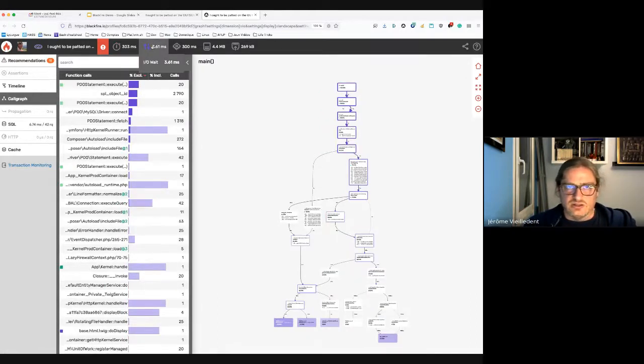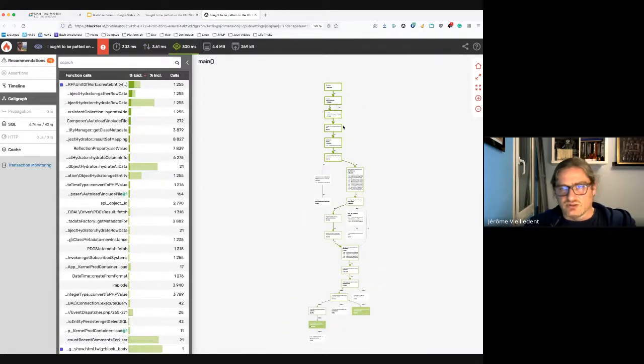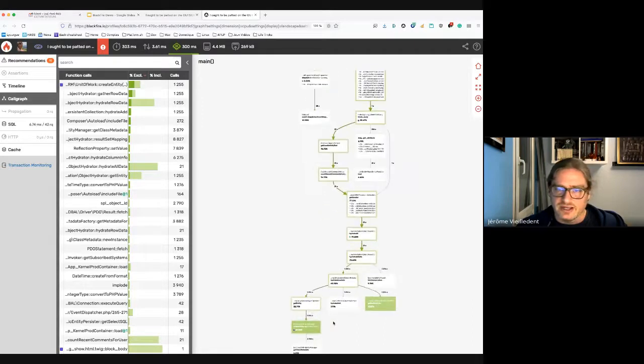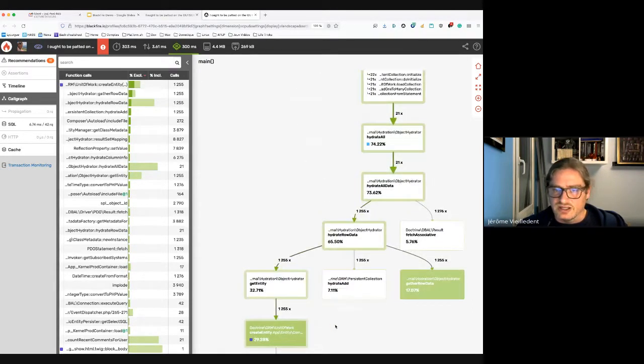So if I look at, here input output or CPU, you can also notice that even if I'm not zooming in, I don't see anything myself here. But you can clearly see that there is a path that's being highlighted here. This is automatically done by Blackfire, thanks to the time spent within the functions. And usually it goes down to these kind of nodes with a colored background, so that we can zoom into directly.